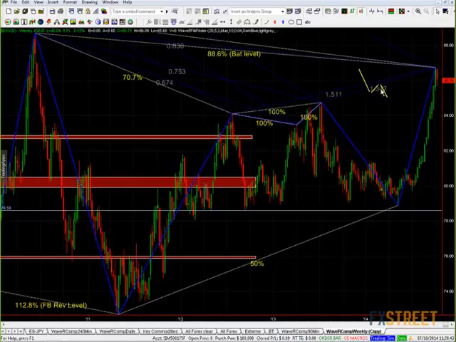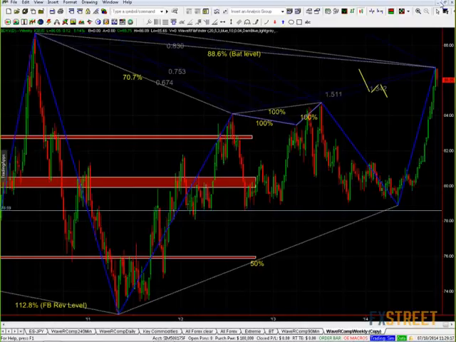If it then completes one of these patterns and then moves on up, then that theory of us embarking on a big, big dollar run that has still got a couple of years to run at least will be uppermost in my mind, and I shall be wanting to trade the dollar in that direction on the upside. So there we are. That's my opinion there on the dollar and what is going on with it,